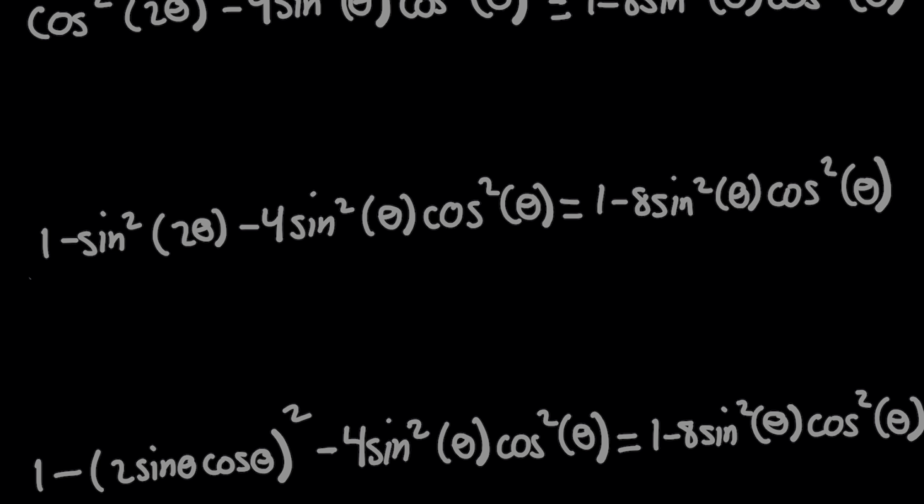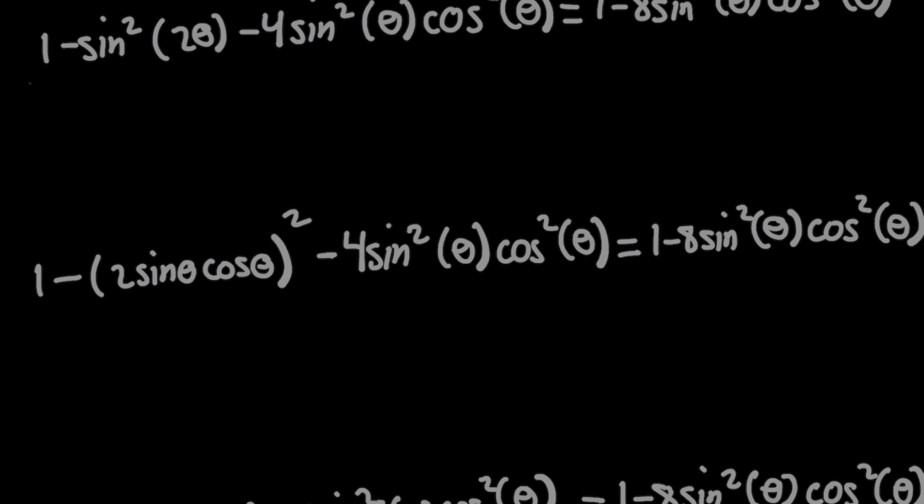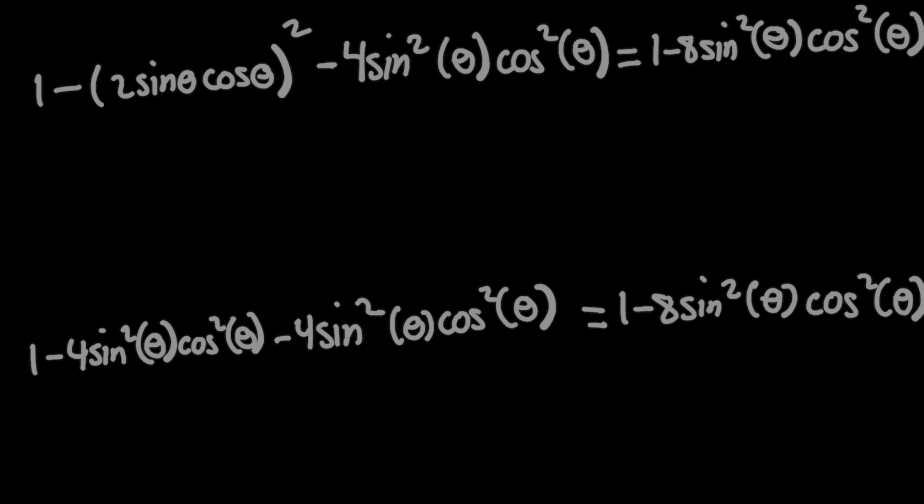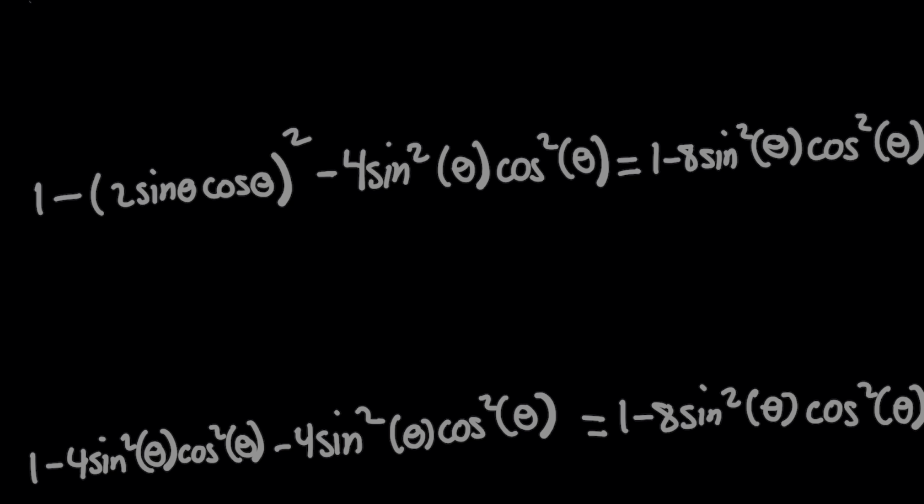And so now the next step you can do is just like before. Remember that sometimes you can repeat using the same identity we used earlier in the problem. Some problems require you to do that actually. And above, we use the identity for sine of 2 theta, and we can do that here again because sine squared of 2 theta is the same as 2 sine theta cosine theta all squared. And now it's becoming very obvious how to complete this problem, because when you apply the square to the 2 sine theta cosine theta term, you're going to get 1 minus 4 sine squared of theta cosine squared of theta minus that same thing again, equaling what we started